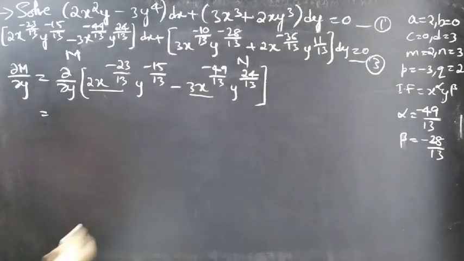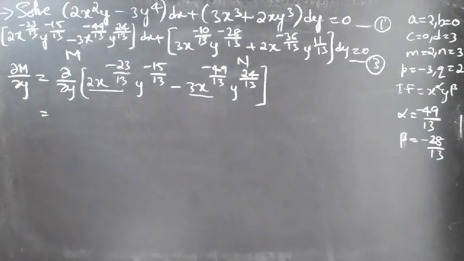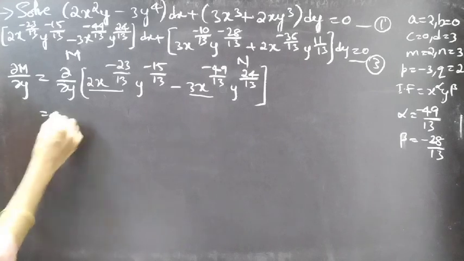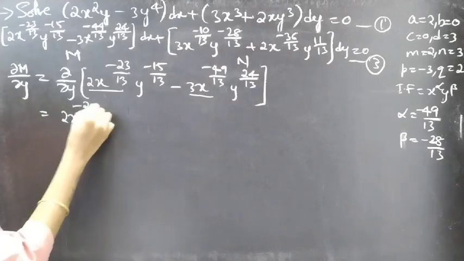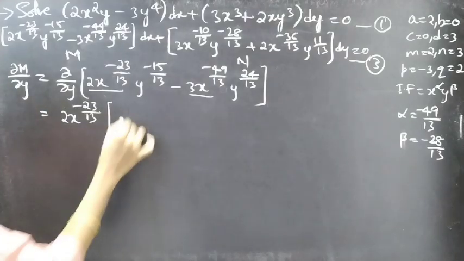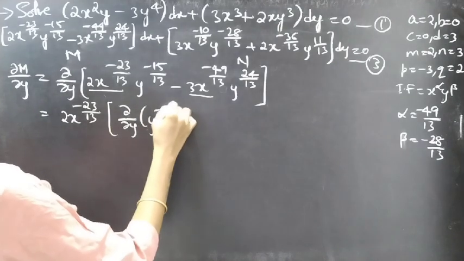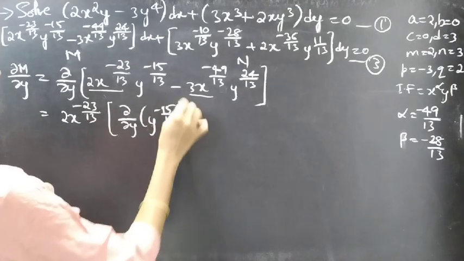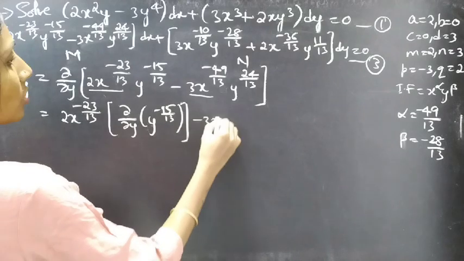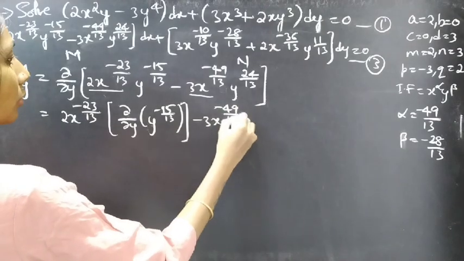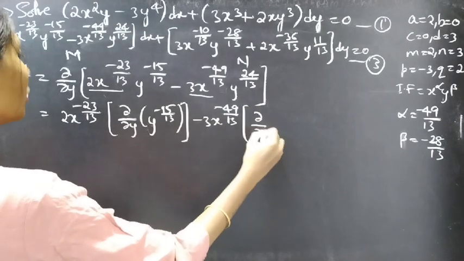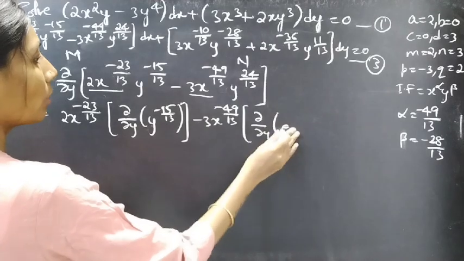In the second term 3x power minus 49 by 13 is constant. So we can write this as 2x power minus 23 by 13 into the partial derivative of y power minus 15 by 13 with respect to y, minus 3x power minus 49 by 13 into the partial derivative of y power